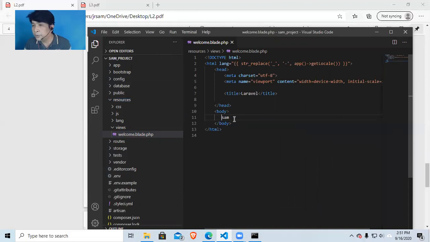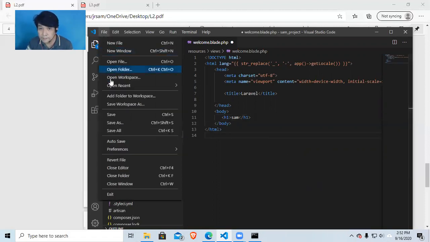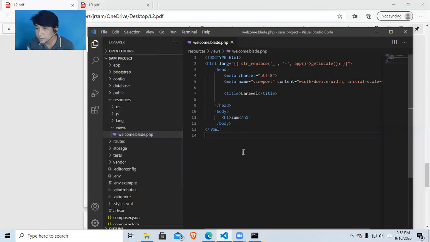So once you have a freshly installed Laravel, I advise you to delete the file from body to slash body, and type here your name, h1, and slash h1. That is only for demonstration, to test whether your Laravel is working. So all you have to do is save the file. You don't need to specify the file name because you already have a file name, which is